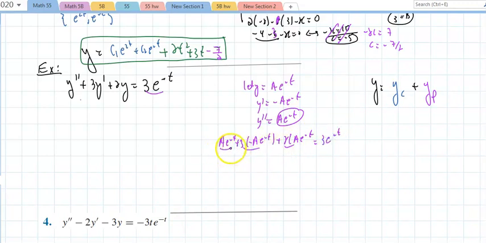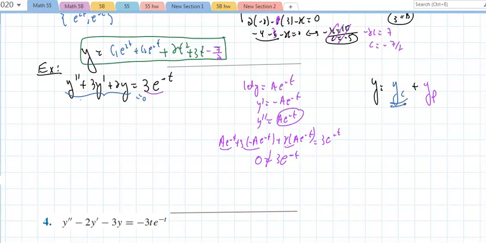If I combine those, a plus 2a, that's 3a, minus 3a, that's 0, equal 3e to the negative t. We have a problem. Why is that? This can never happen. So if I start with that particular solution, this could happen. Why is that? Because if I look at the complementary, the homogeneous, section 3.1, 3.3, and 3.4,